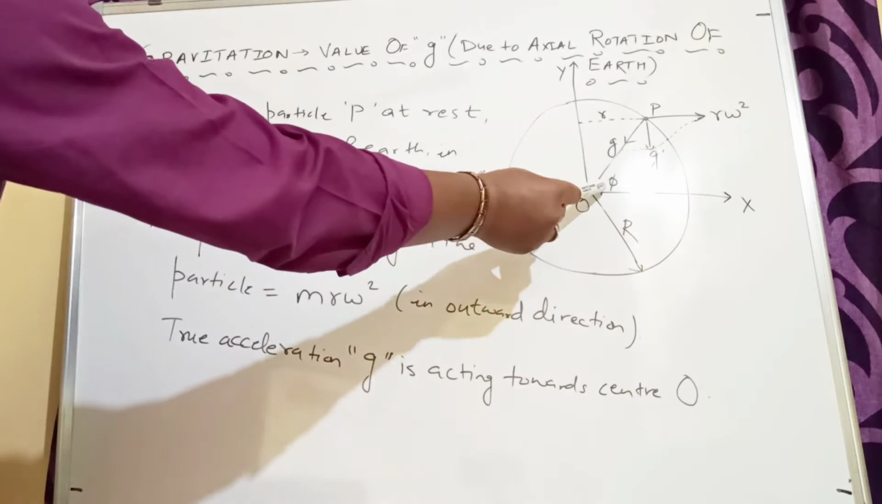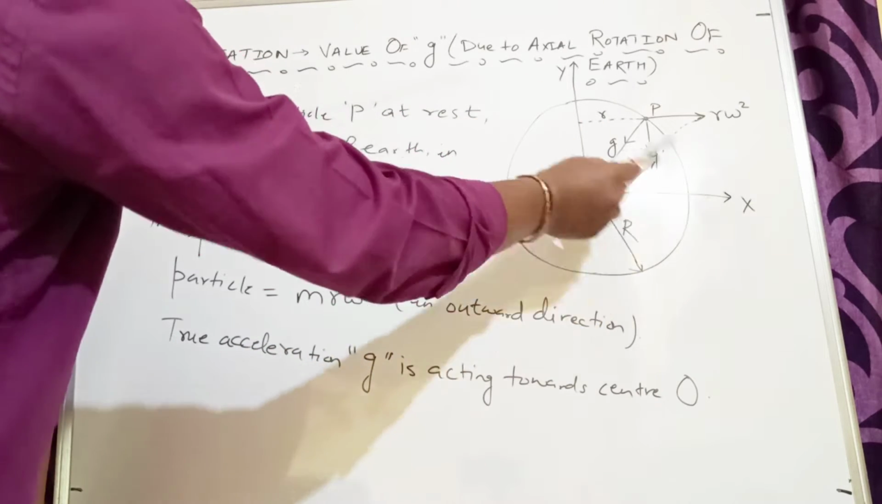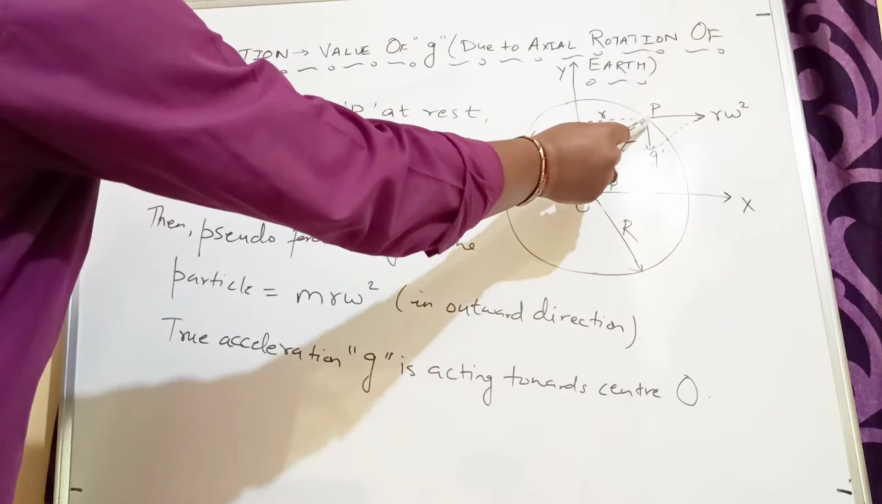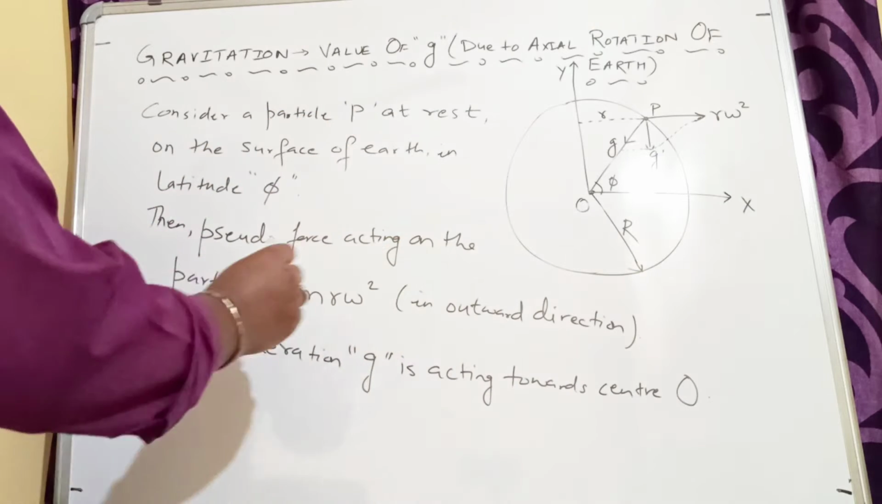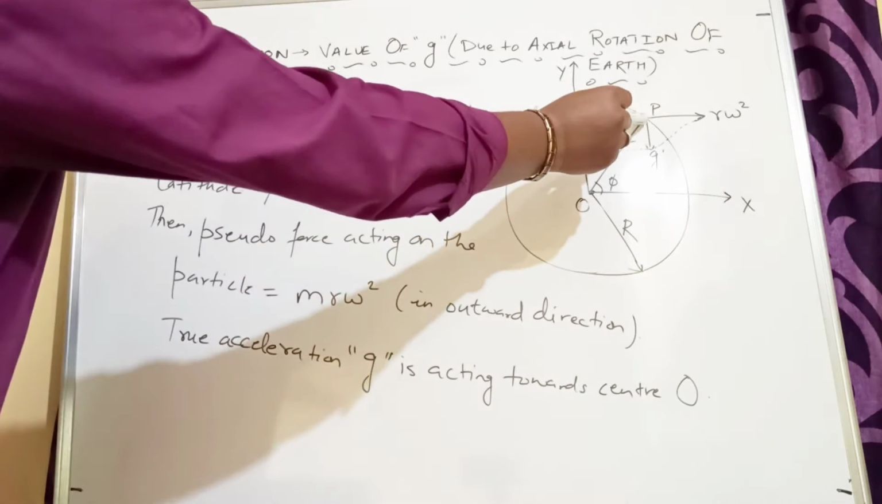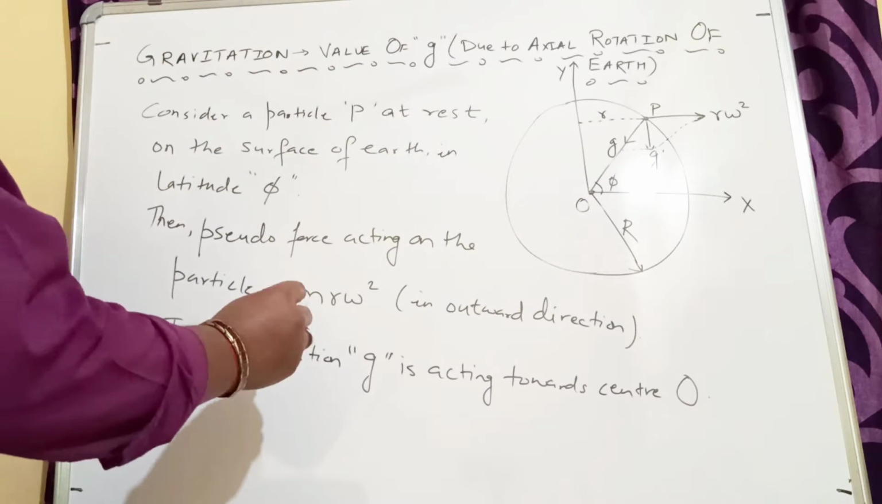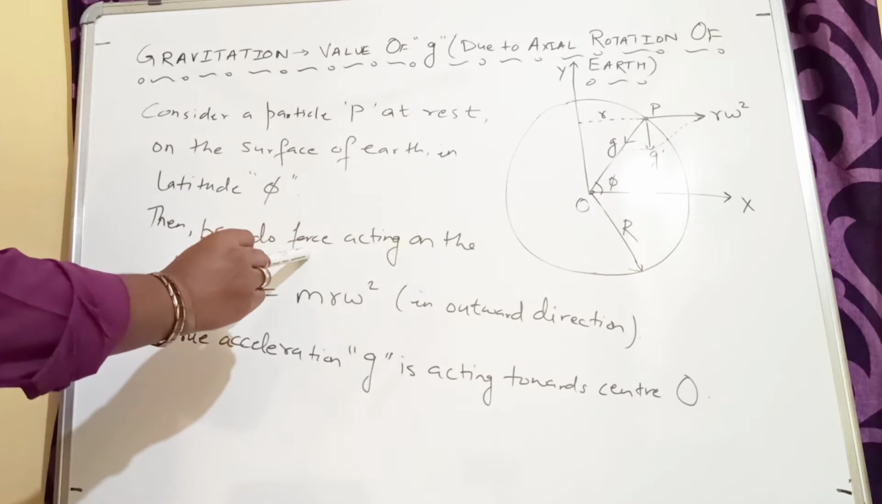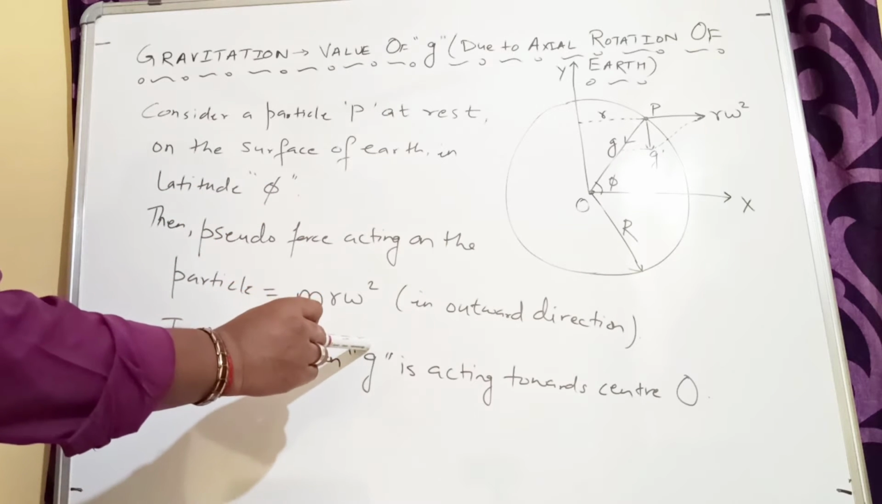Latitude means the angle made with this x-axis. These are the two axes, x-axis and y-axis, and this particle P is at angle phi. Now see the pseudo force acting on the particle. What will be the force acting on this particle when the Earth is rotating? That force is called the pseudo force, and it is given by m r omega square,